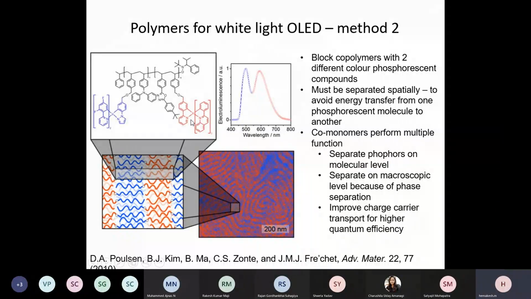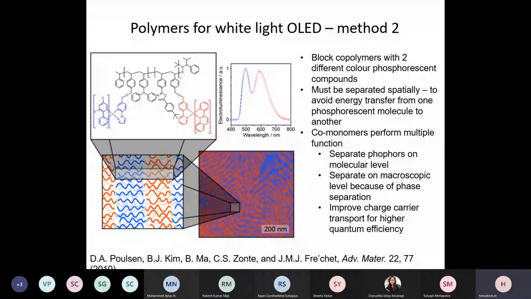So because of that, you choose the monomers carefully so that after you make the block copolymer, you have the other groups slightly different so that the two blocks phase separate into two different components, and they phase separate into regions that are predominantly red light emitting and regions that are mostly blue light